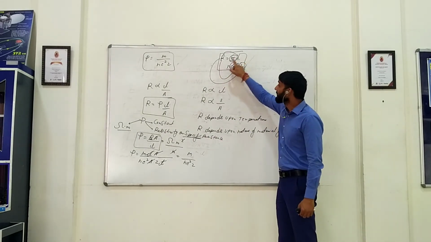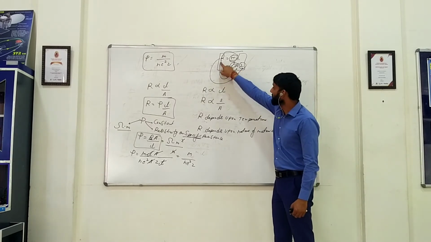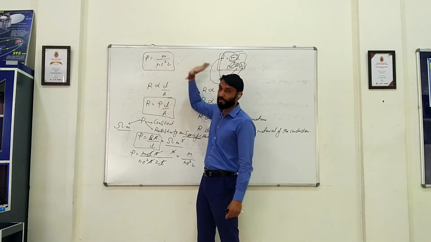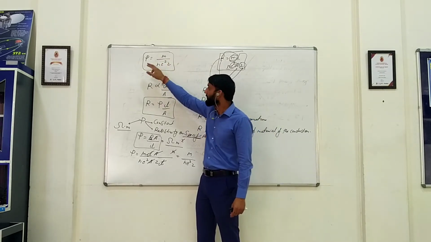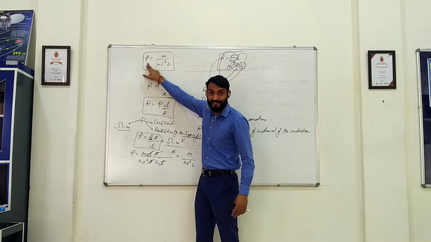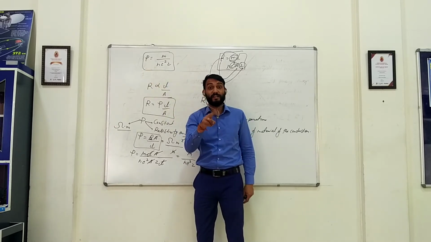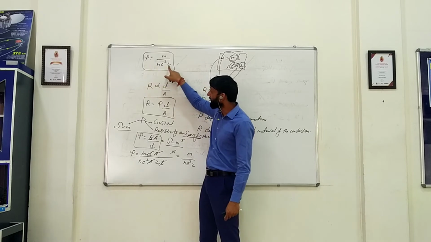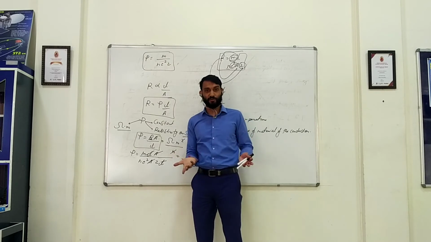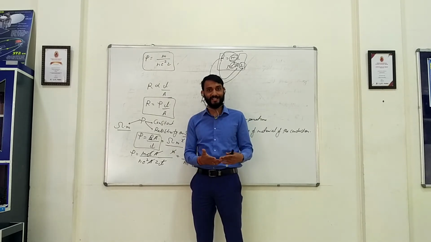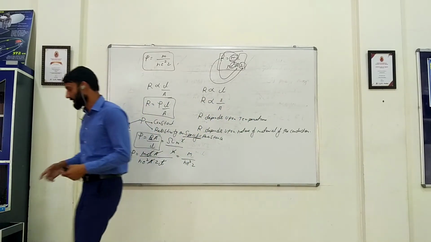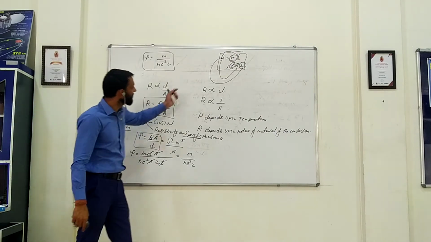If you look at this formula, we have deduced that R depends on L, R depends on area, R depends on temperature. From this also I can deduce that rho does not depend upon length, because length is not there. This rho does not depend on area, because area is not there. So on what factors does it depend? It depends only on two factors. What are those two factors? One, it depends upon the temperature, and second, it depends upon the nature of the material. Of course, that would be true, because if we change the nature of the material, resistivity or specific resistance will change, right?